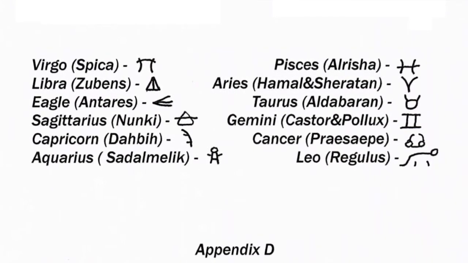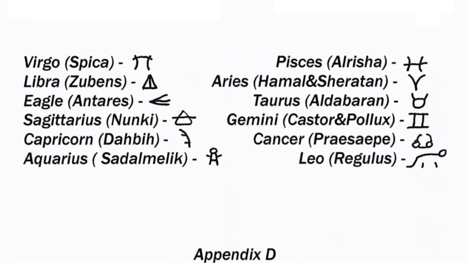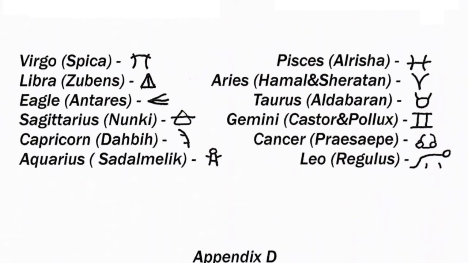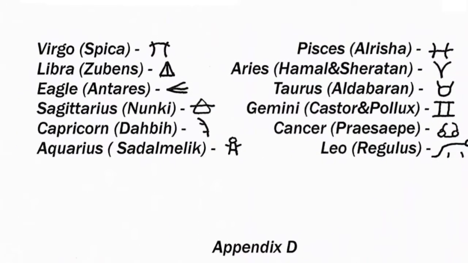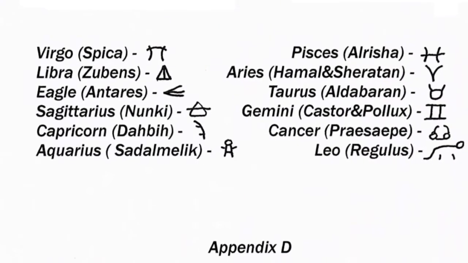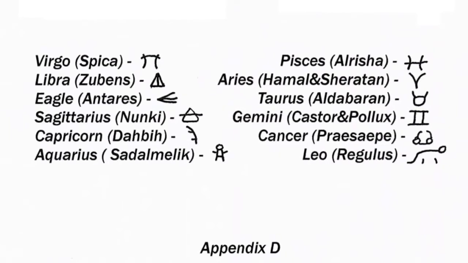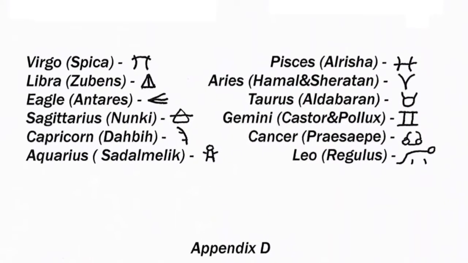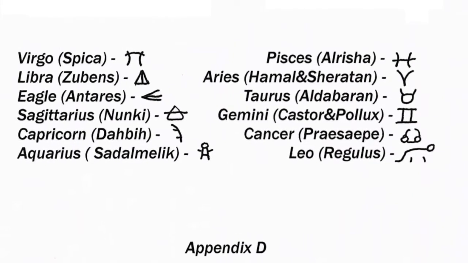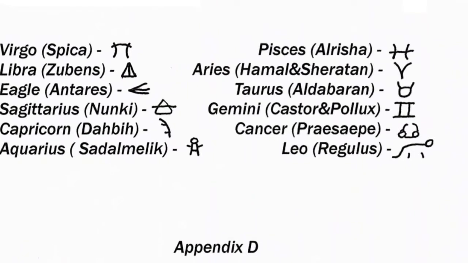The eighth pictograph is for Aries. This is a pictograph of ram horns, or horns from another deer-like animal. The ninth pictograph is for Taurus. This is a pictograph of a bull's head. The star Aldebaran is the red eye of the Taurus bull. The 10th pictograph is for Gemini. This is simply a pictograph of two. Gemini was the spring equinox days during its age.